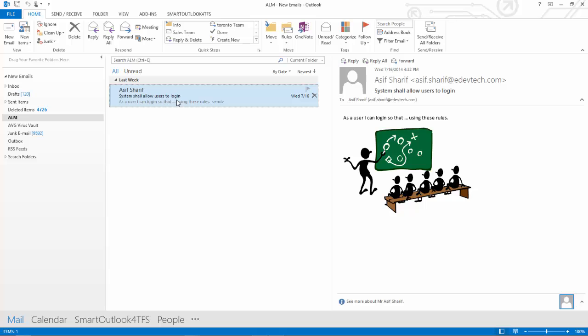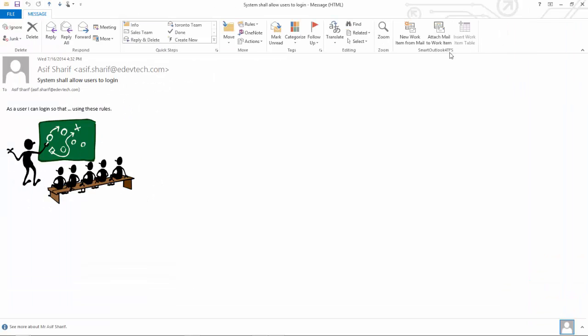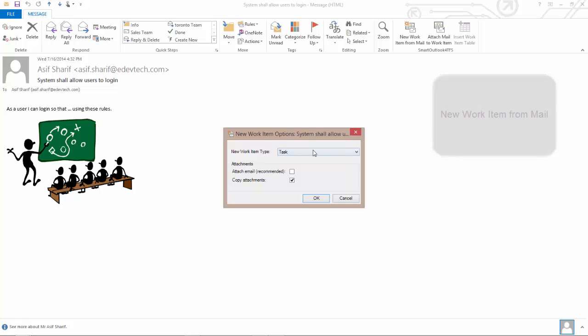So I have an email here. I'll open that up. To convert this into a work item, I will click on this button, New Work Item from Mail. I will select a work item type. I'll choose to attach the email to the work item. All the attachments in the email also will get attached to the work item, and click